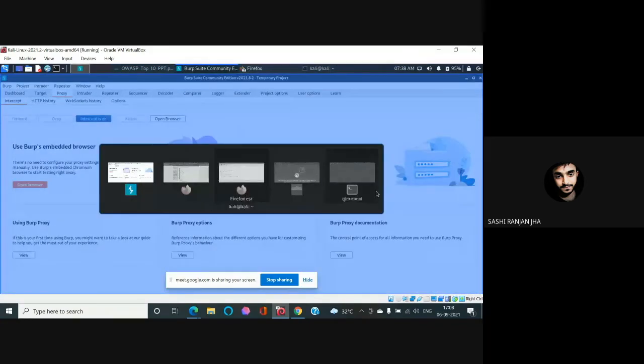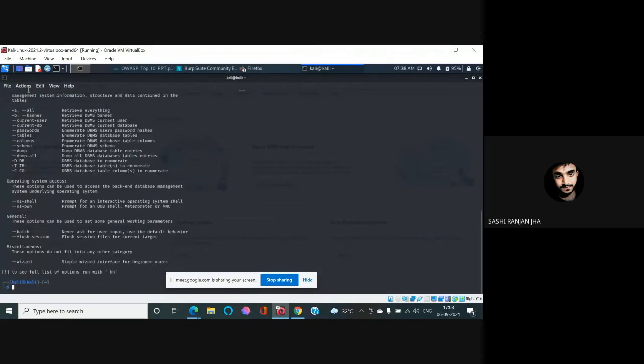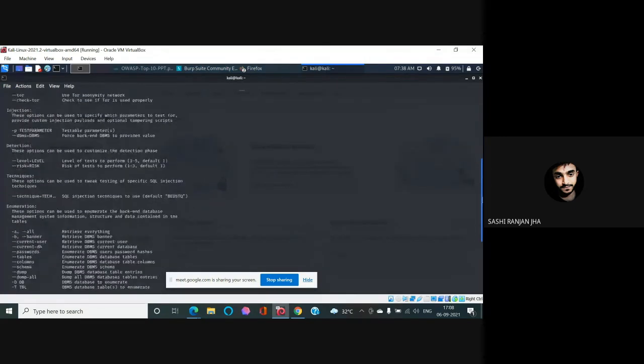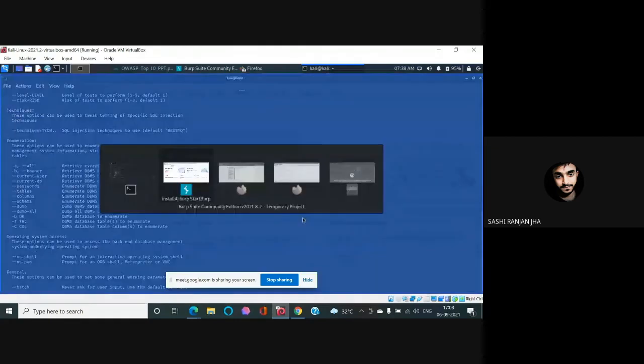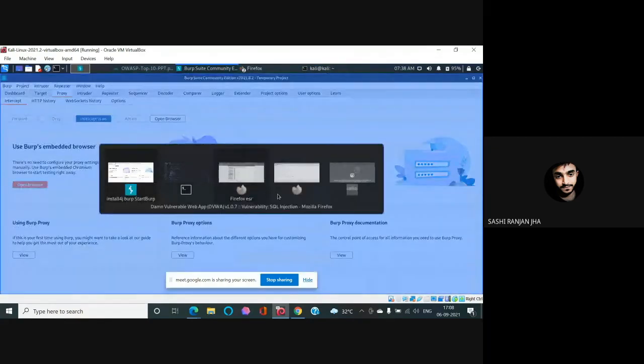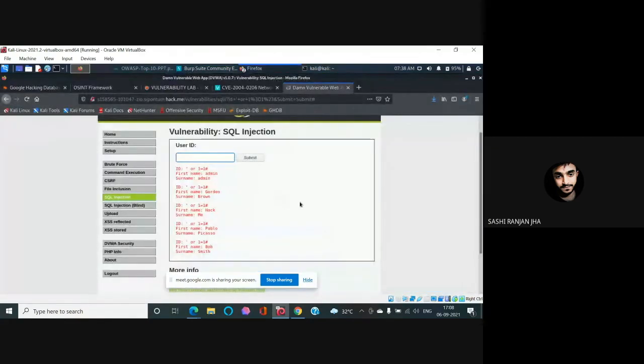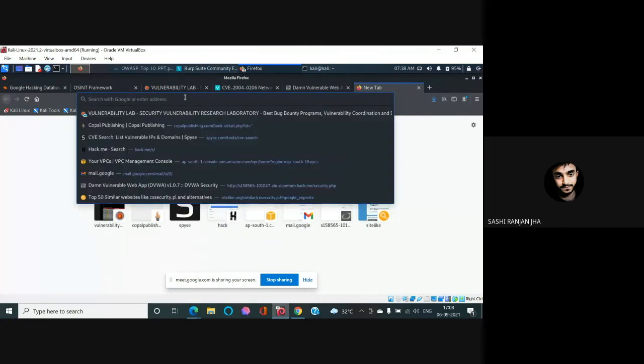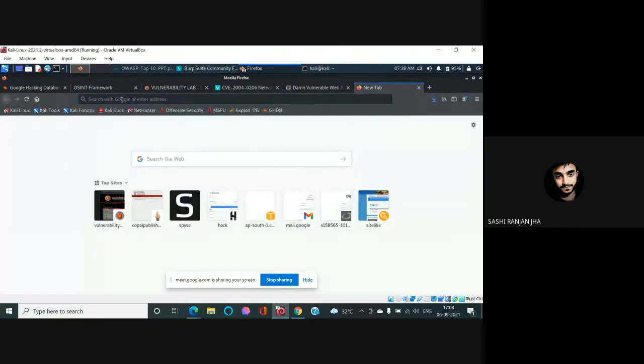So there is an automatic tool which is SQL map, and doing it dash h will give us all the commands that we need in order to use SQL map. So we will use SQL map, but we will use this on a real website, not on this hackme website. I want to show you that these websites have actually been present over the internet for a long time. So how can we check for this?